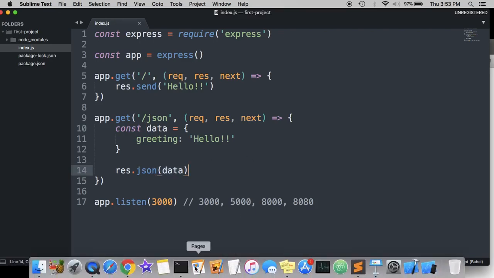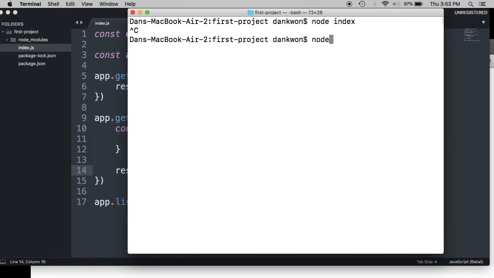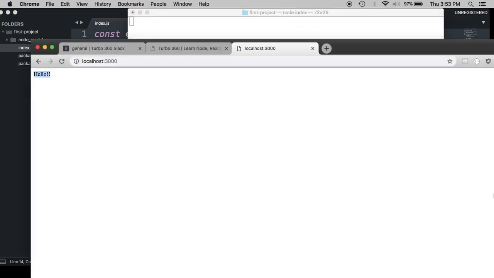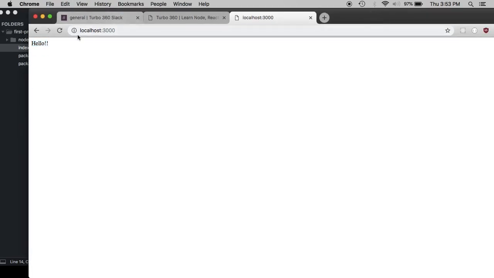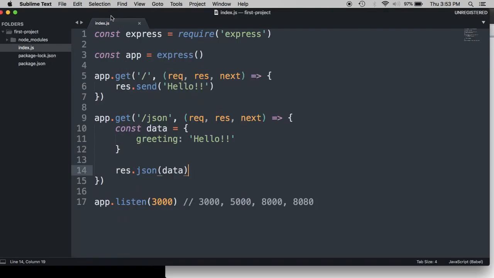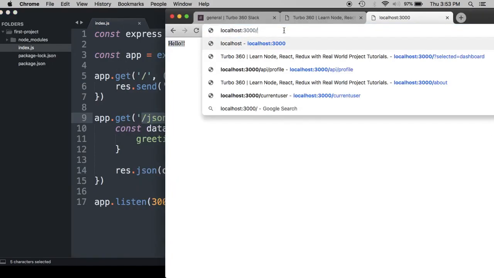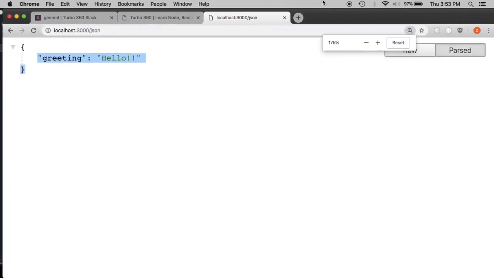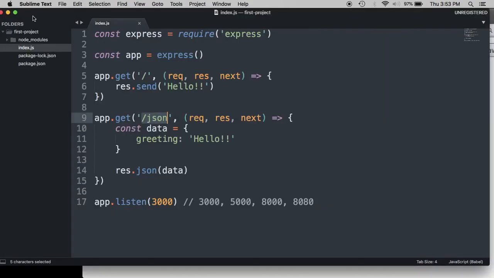So this time, when I go back and run the server, node index, I still have the original handler set up, but now keep in mind we added another path called /JSON. So if I do localhost 3000/JSON, I will now get the JSON response that I set up over here. So that's another type of response that is very typical in